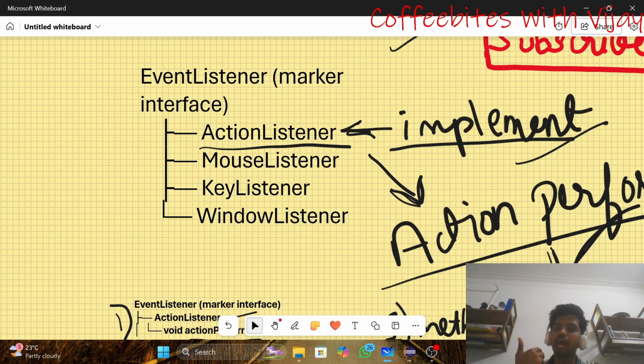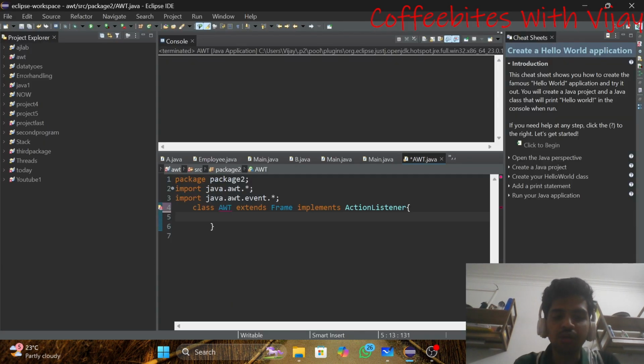Whenever any event happens, I have to record that event, and I have to display something, or do some actions upon the components. So this was the concept. Without delay, let's go and practically understand what this ActionListener and this actionPerformed method are.